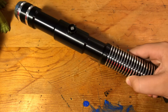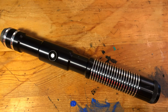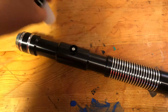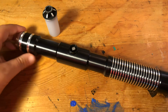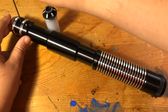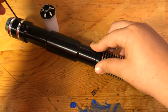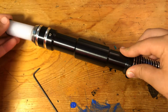This is a limited edition, even though Ultra Sabers aren't too promising on their limited editions. And I just got a blade plug for it. Basically, it's a plug you slide into your blade to make sure that your LED doesn't fly out. I'll show y'all how to put it in. And by the way, your LED will actually fly out. You have to have an Allen key, by the way. Allen keys are the only way to use this tiny little screw, which, don't unscrew it all the way because,